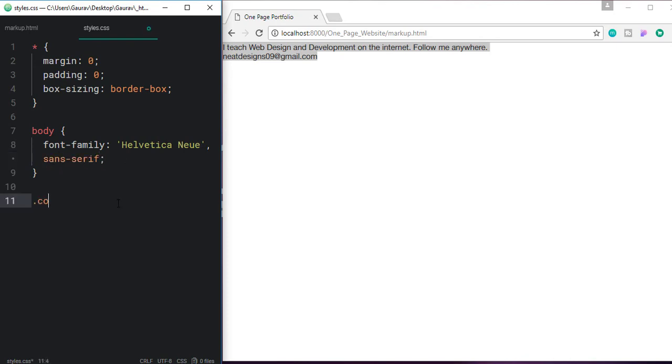So now let's target our container. Let's display it as a flex, justify content to space between,